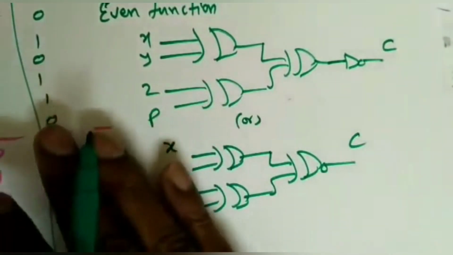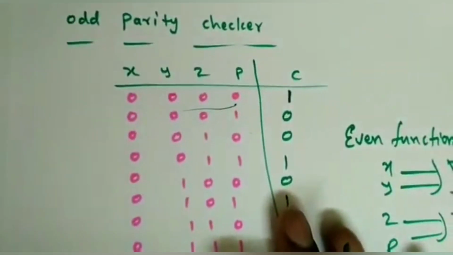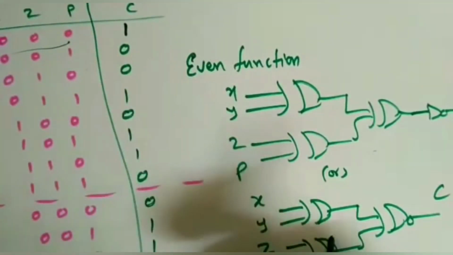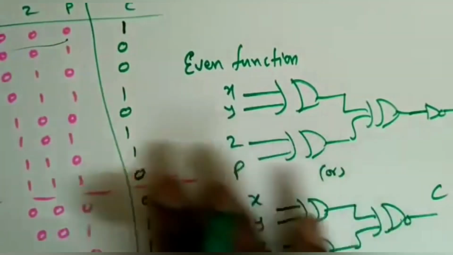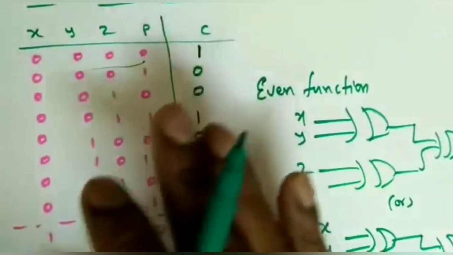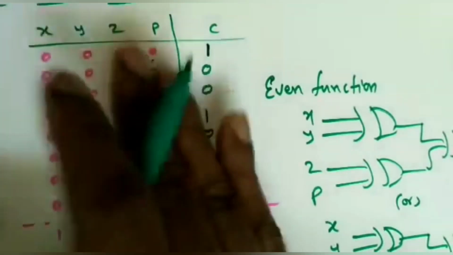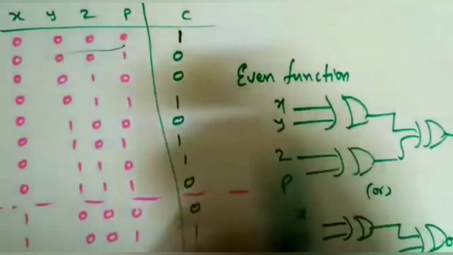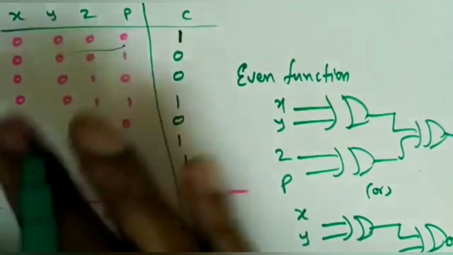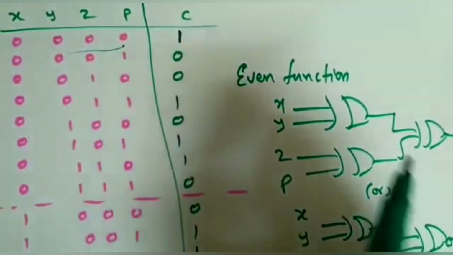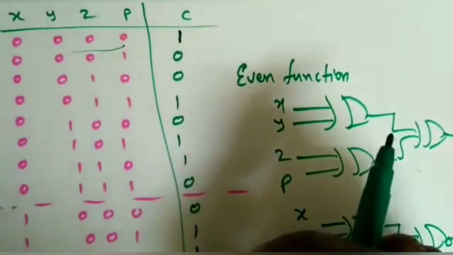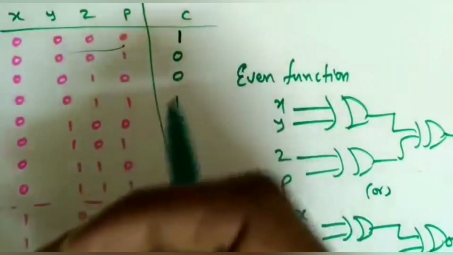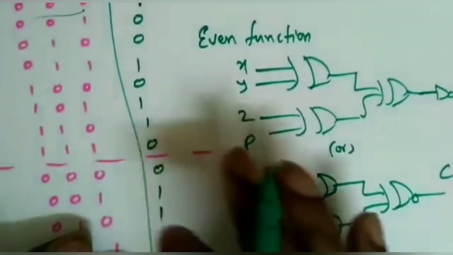So this is about the even parity generator and checker. Similarly for the odd parity generator and checker. So these are the applications of exclusive OR gates, like error detection. Remember, it will not do any correction. It will just send a signal or acknowledgement to the transmitter that there is an error. So the transmitter will resend the data. If it again gets an error, it will acknowledge again. It will not correct the data, remember. It will just intimate that there is an error, so the corrections the transmitter should take care of. So that is about this one.